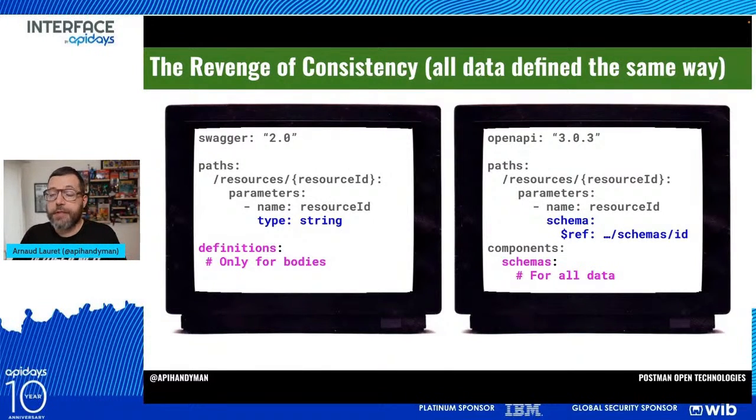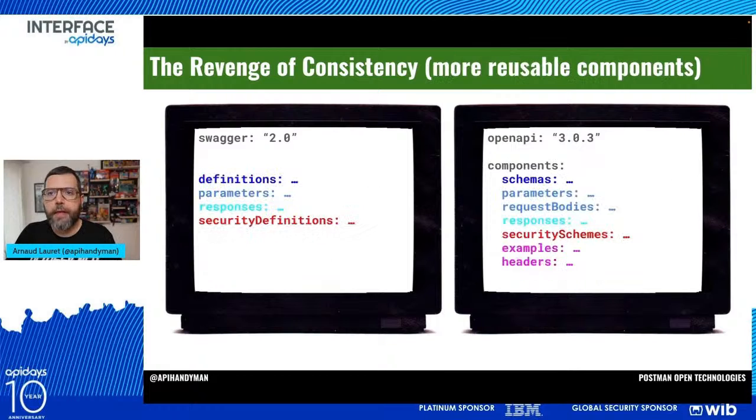For example, a resource ID, which is used in a parameter or in the response of a request. And so you can use this schema in parameters, in headers, in request bodies, and in response bodies. So you define it once, and you use it anywhere. And so that ensures a certain level of consistency in your API definitions, and also that simplifies the job of the API designer, or anyone who has to actually write an OpenAPI definition. With OpenAPI 3, we have more reusable components, especially examples, I will come to that later, and headers.